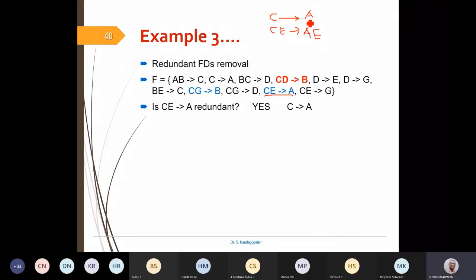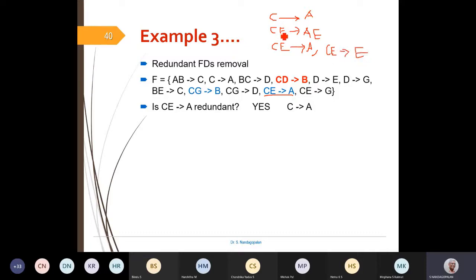I have added the same attribute on either side. That's called augmentation in Armstrong axioms. Nothing is going to change. Next, I can decompose this using Armstrong axioms: CE arrow A, comma, CE arrow E.